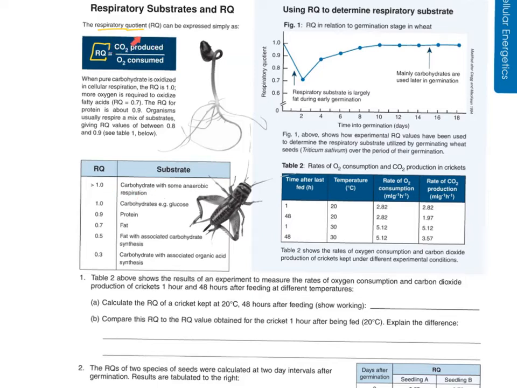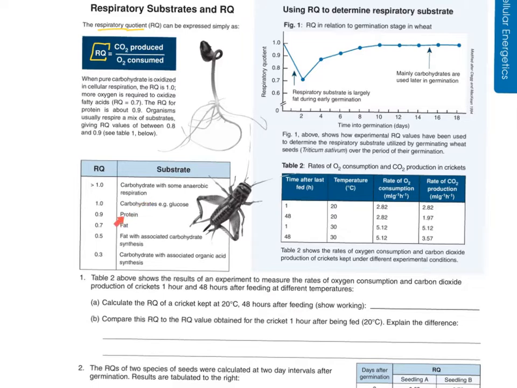You expect to see a lot of CO2, but not a lot of oxygen. That's why the respiratory quotient is such a good number, because it tells us something not just about cellular respiration, but also what's going on. Is it respiration? Is it fermentation? What is being processed? Where's the ATP coming from? If you use carbohydrates like glucose, you're going to get a 1. You're going to produce as much CO2 as the oxygen you use. They're going to be equal. So you know you're burning a carbohydrate at that point.